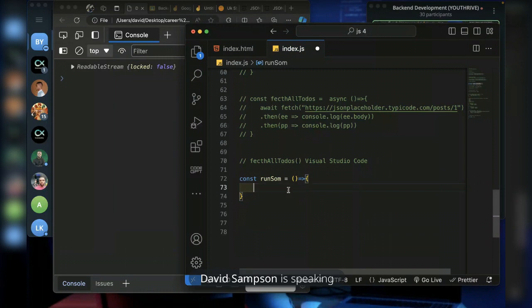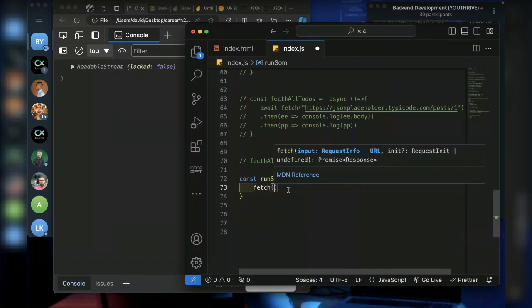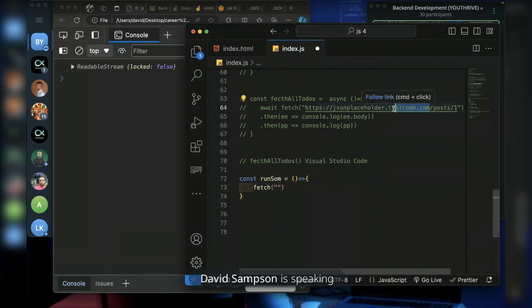So what I will say is fetch me data. And the data I want to fetch is from a particular URL. So the URL is this URL. So I'm fetching it from this URL.